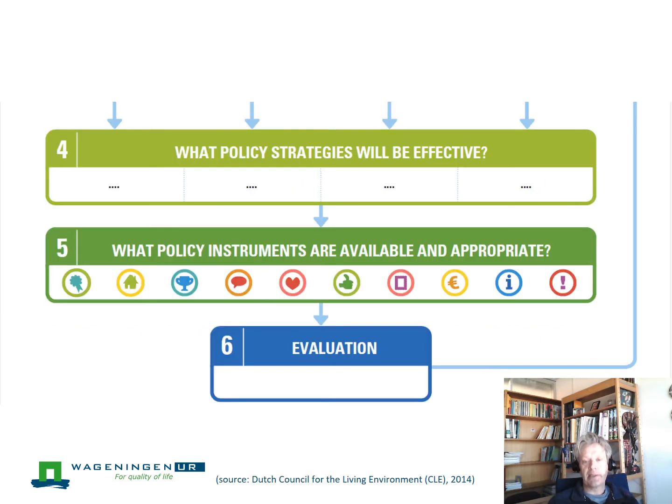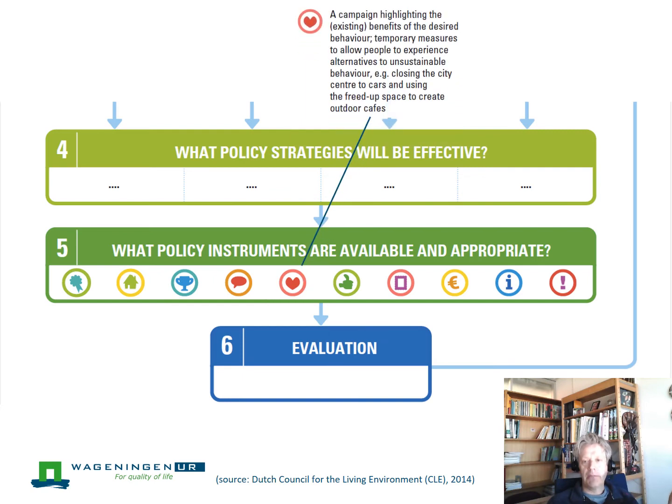The fourth aspect is the strategies. I already talked about that earlier. It's very important that we think about the most effective strategies appropriate for the kind of people you are working with, also considering the social cultural backgrounds, the literacy level people have. The education level might also have an influence on how you approach people, and what strategy you choose to use. And then we get to the policy instruments, and there are many instruments that can be used. For instance, all these symbols refer to an instrument.